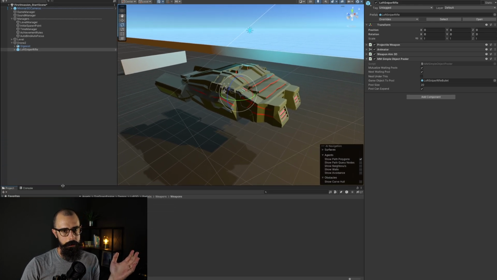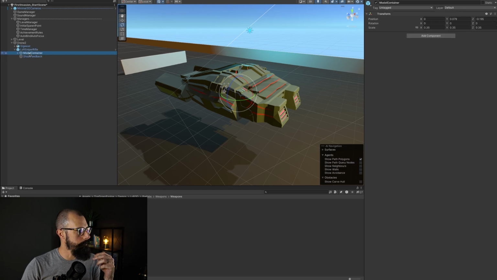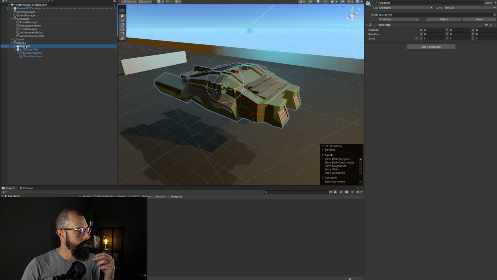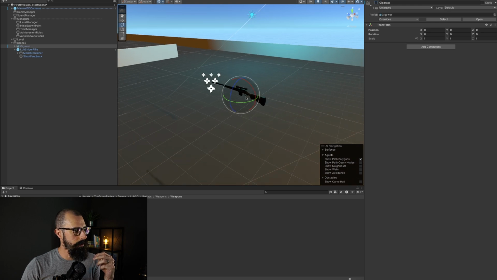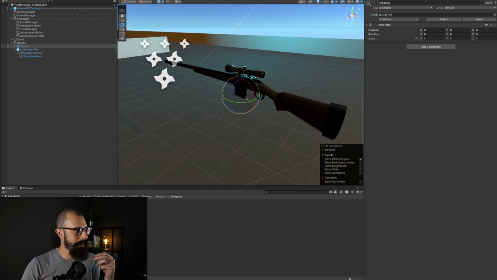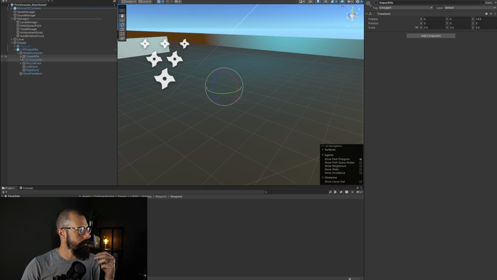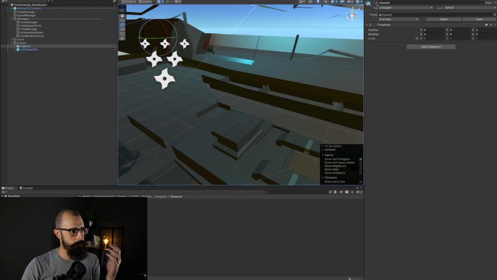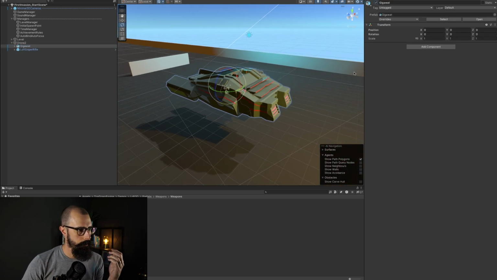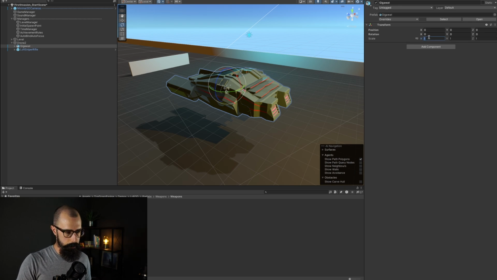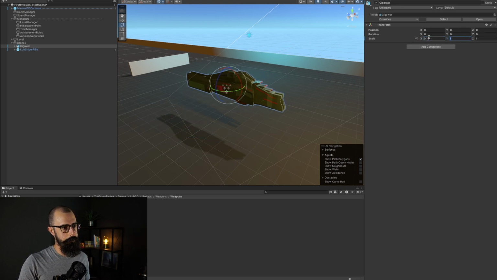This is like pre-made weapons inside of top-down engine, and it has a model. So if I go to Gigawatt here and I make it invisible, you can see that we have the sniper rifle here. Now I could leave this, but I'm actually just going to get rid of that so that you don't see it, because I want it to be hidden inside of this thing here. I'm going to reduce the size of this. We went to 0.15 for the